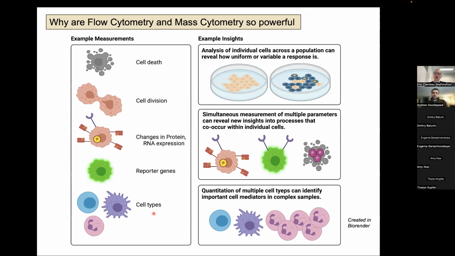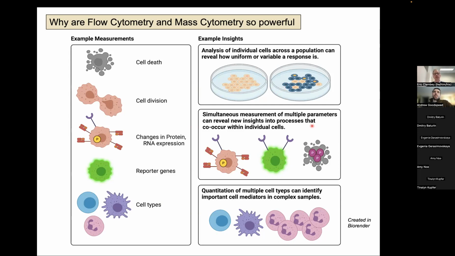So there are hundreds of different ways in which you can use these technologies. A few common examples. In this top right panel, we're looking at a case in which cancer cells are treated with either a vehicle or a chemotherapy. And you can use these technologies to assess how individual cells are responding across that population. For instance, if there are cells which fail to respond, those in tan, versus those that respond to the chemotherapy. This can allow you to really understand if there might be resistant cell populations within the bulk population.